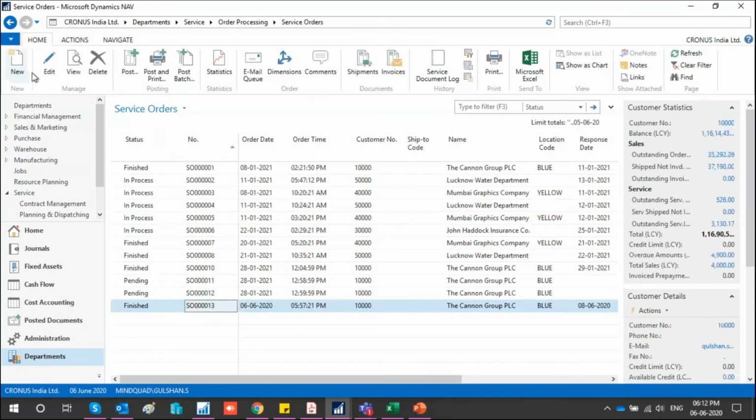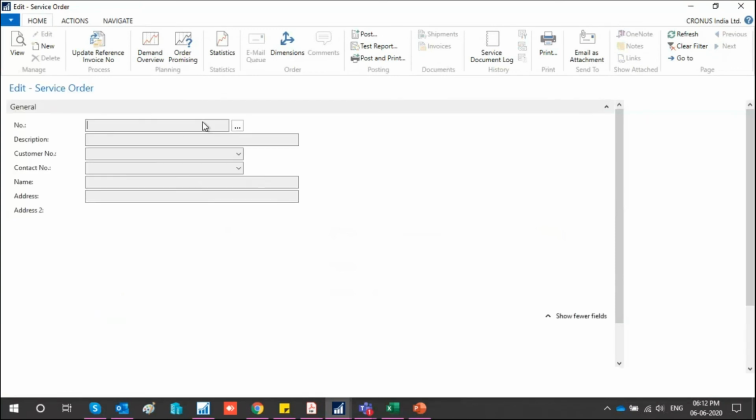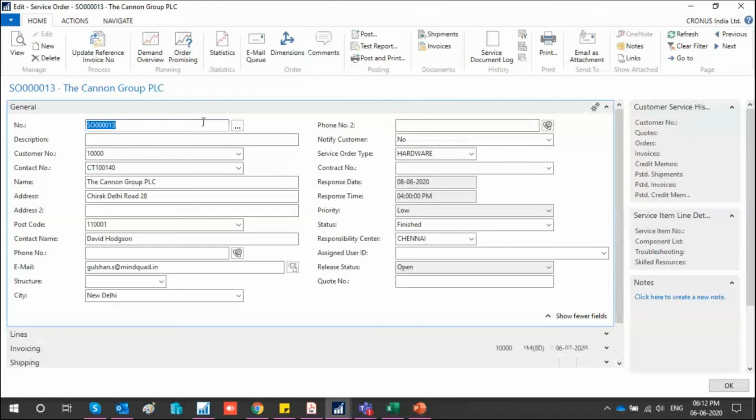So 30 number, edit. Now, what I have shown you, that you need to go to dispatch board, you have to go to the service item, and I have shown you different screens. All those tasks which I have shown you through different screens, you can do through service order as well, instead of going through all the different screens. So it depends on the customer how they want to have it. If they want a separate screen from that, then they can have it.